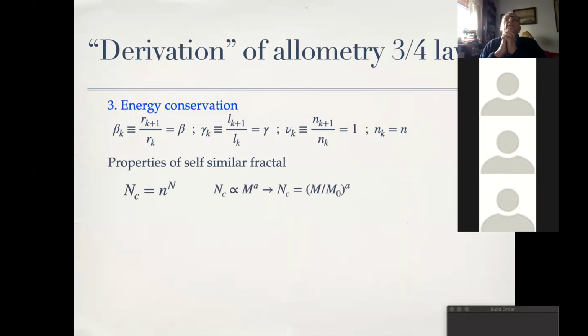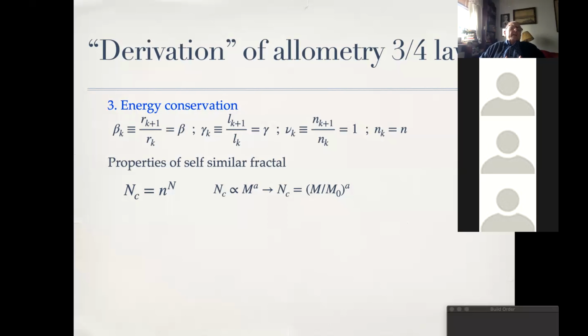can use this conclusion from these three assumptions that we just have made, and the fact that our network is self-similar, and that implies that the total number of capillary vessels is simply that constant little n to the power of the total number of levels in the system, and therefore I can write that the number of capillaries is equal to the mass to